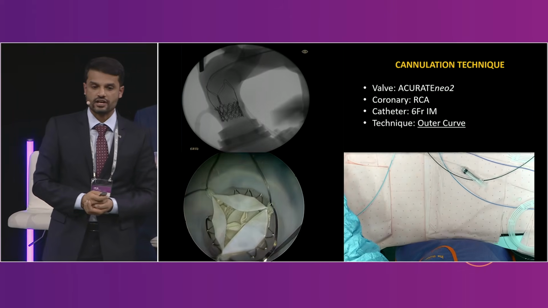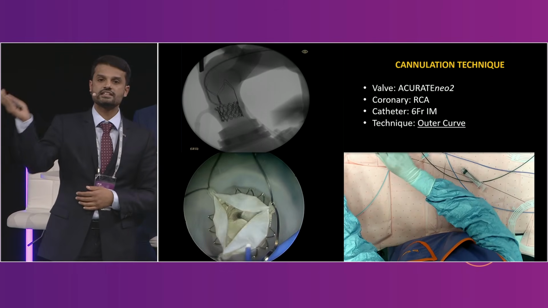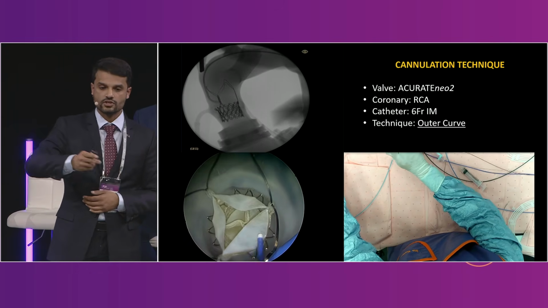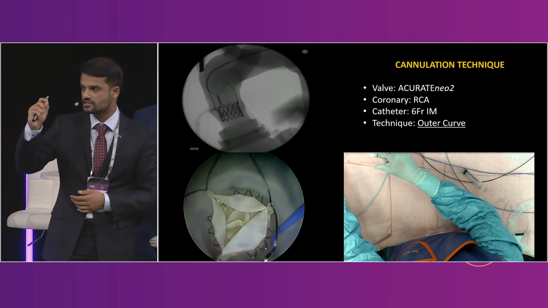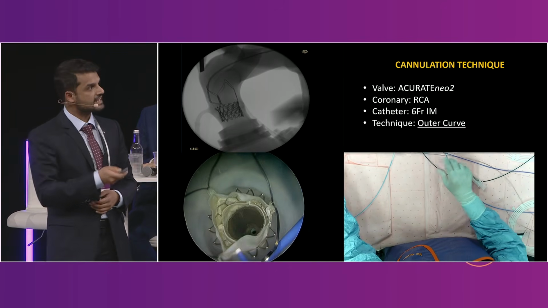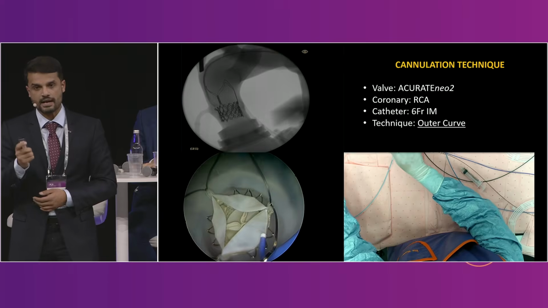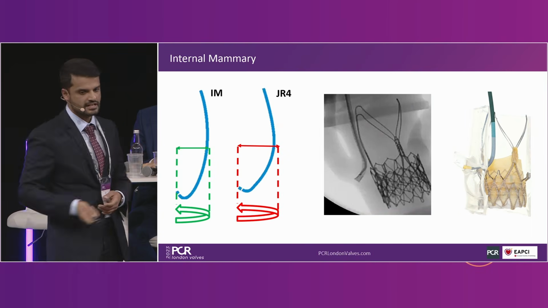Similarly, for the right coronary artery, you can adopt an outer curve technique. So here you're simply directing your catheter along the outer curve. Then you've got the gap, the sinotubular junction, using a short, narrow tip catheter, drop down into the gap and rotate into position. Now, particularly the catheter that's used here is an internal mammary catheter. And I think someone mentioned earlier about using a mammary catheter as an example, exactly.